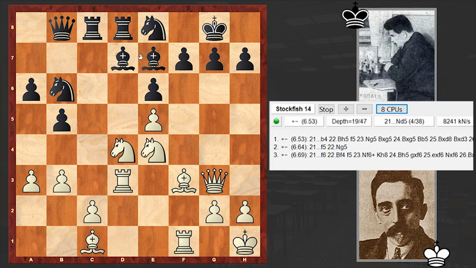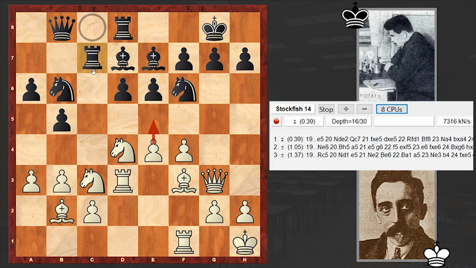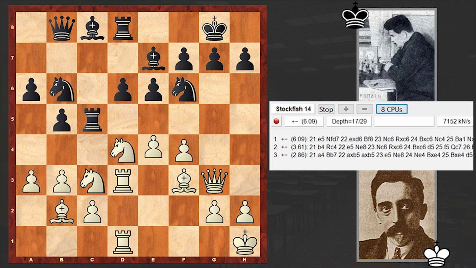Black pieces are awkwardly piled up and it seems that they are not participating in the defense. That's something which gives white a huge advantage. Instead we see bishop b2, rook c5, rook d1, bishop c8, and finally at this point e5 is on